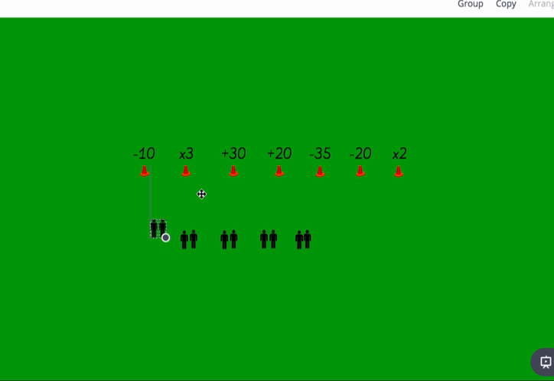So let's take this team here. So let's say this team stands behind this marker, okay? And this team,